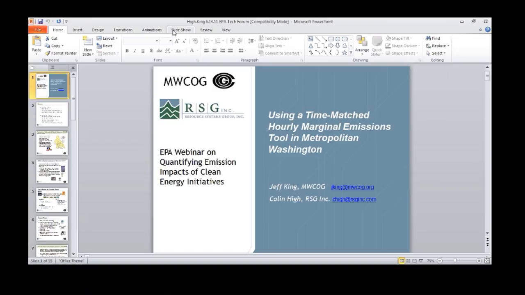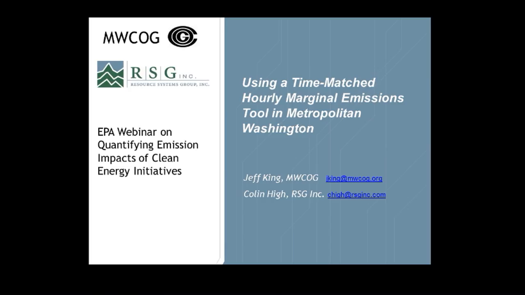Jeff King is our first speaker, and he works for the Metropolitan Washington Council of Governments. And he is a planner in the Environmental Programs Department, and there he works on a number of issues and develops plans that address air quality, energy efficiency, deployment of renewables, as well as trying to meet greenhouse gas reduction goals for the region. Prior to working at the COG, Jeff was a consultant who worked on a variety of Montreal Protocol-related initiatives, including the phase-out of CFCs and other chemicals that affected high-level ozone.